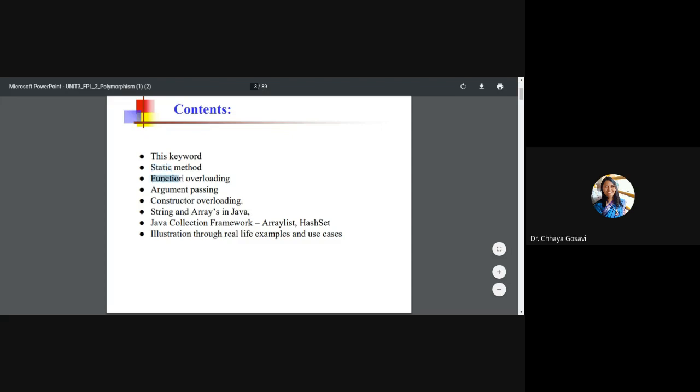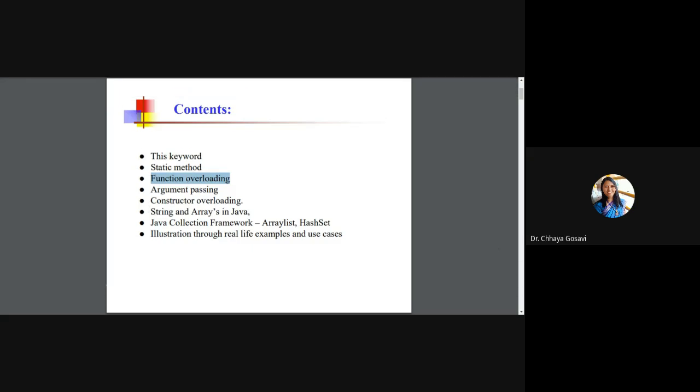Then we'll focus on function overloading and overriding. Overloading is compile time polymorphism. Then how to pass arguments to a method. There are different ways, pass by value and pass by reference. We'll see how to pass by value and pass by reference in Java. Then we'll talk about constructor overloading.